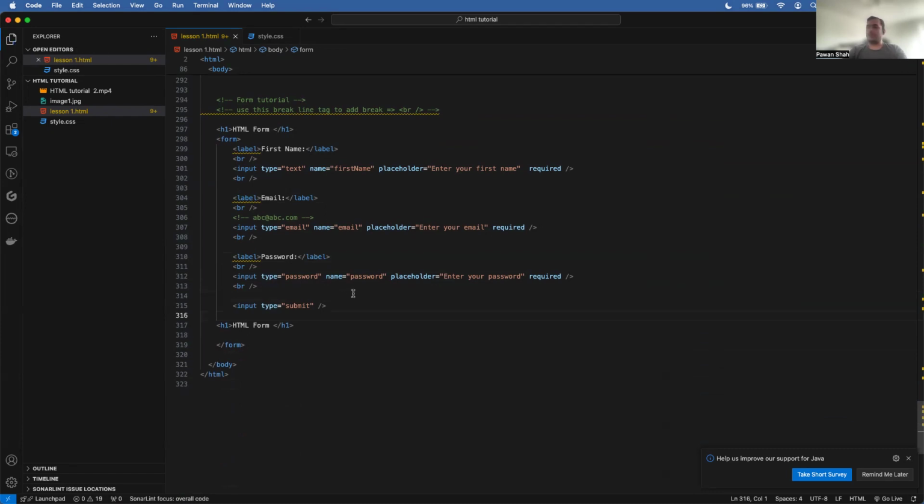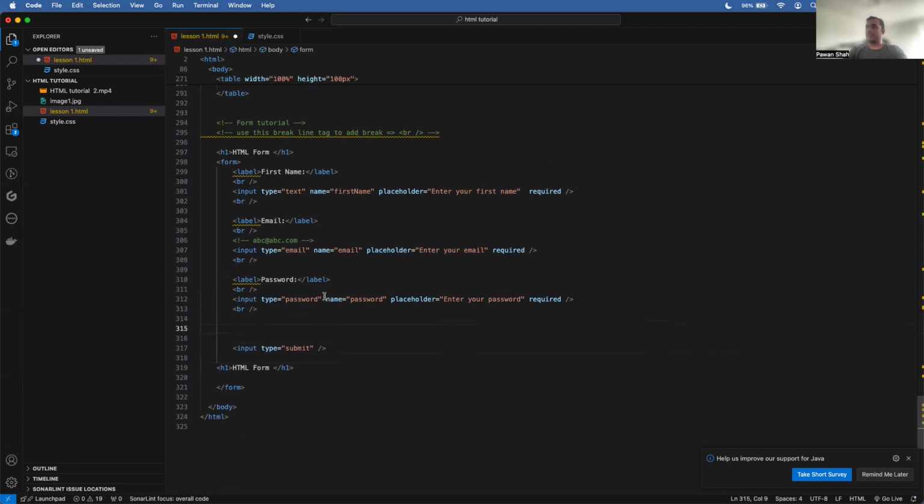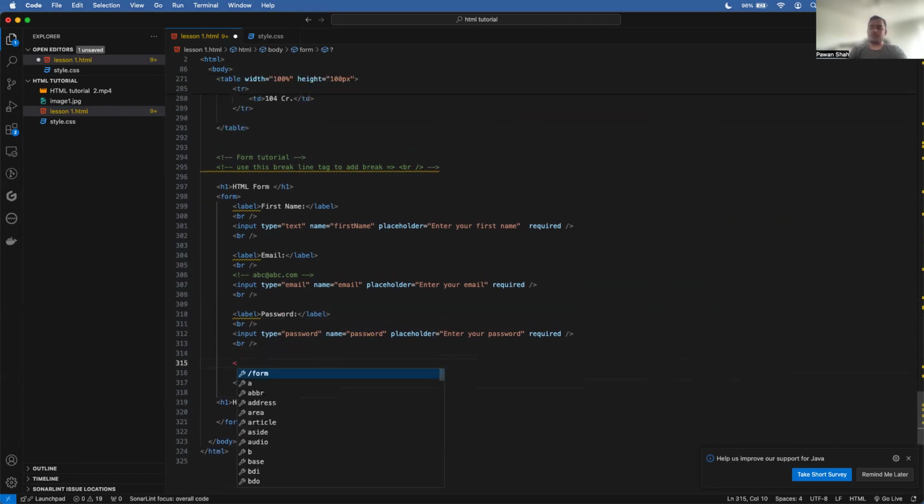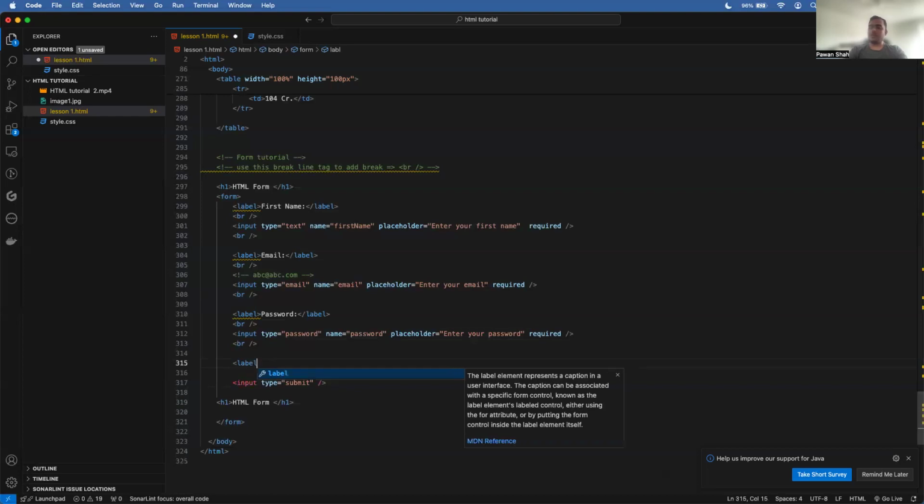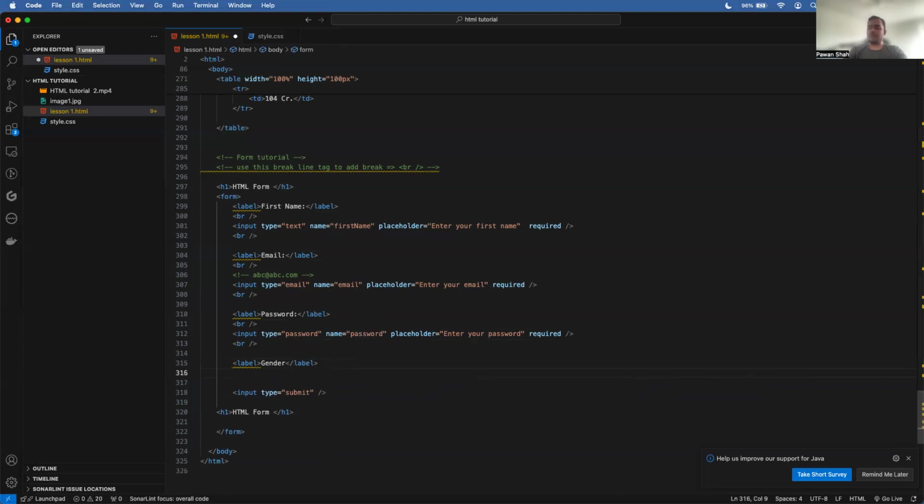So this is like a common kind of field, but you have other input fields, for example, input. The other is, let's say, labor. And now you have a gender, where you have to select what is your gender. Let's say you have input